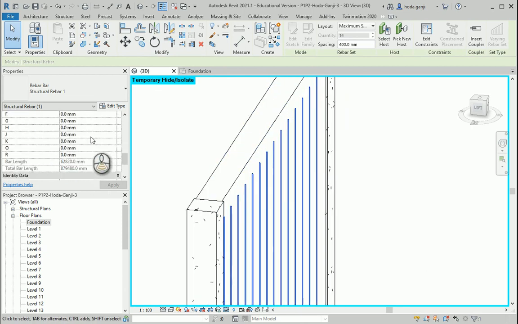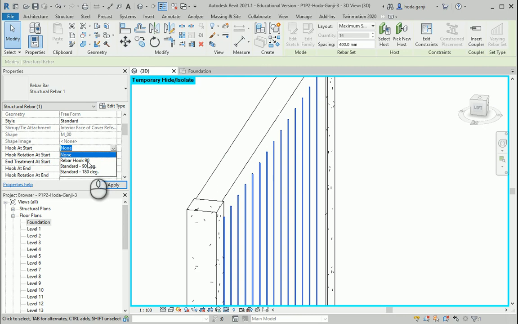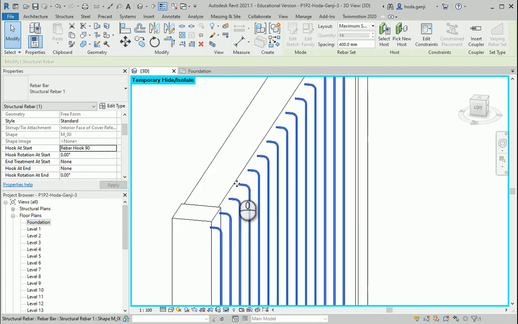So if I scroll up, you see under structure rebar, under hook at the start is none. I can select rebar hook 90 degrees, so they're gonna rotate. Or if you go with standard, it's gonna be a little bit longer. If you go with 180 degrees, it's gonna be rotated like this. I wanna go with 90 degrees here, standard.